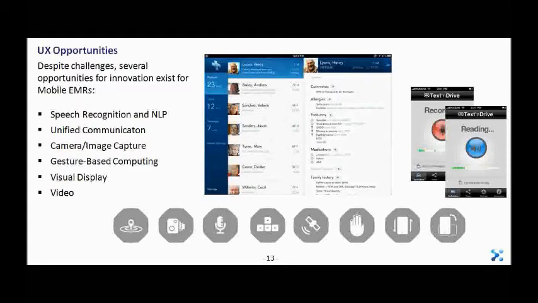There's a recent example of an EMR that's used for dermatology that's made great use of the camera. And then furthermore, other innovative approaches with gesture-based computing or ways to visually display the information that's captured in the EMR in a way that makes it easier for a user to compare, for instance, real-time data or data comparing